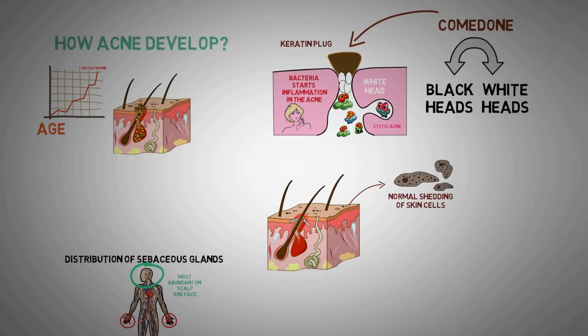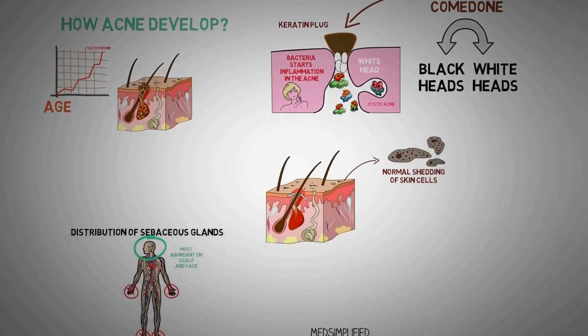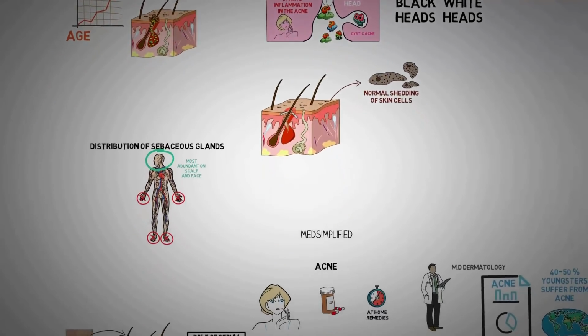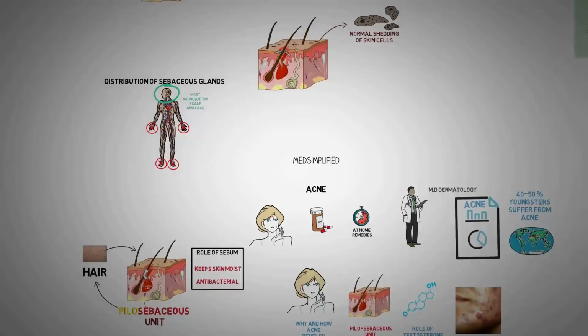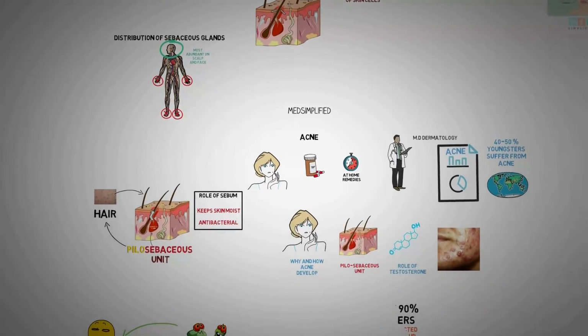Upon reaching a certain age, your hormone levels start to rise, which triggers an increase in the sebum production by the sebaceous glands. This, combined with follicular plugging by shed skin cells and infiltration of bacteria into the pilosebaceous unit, leads to formation of acne, or in layman's language, a pimple. Now I wish it were that simple, because in this way all of us should have acne.